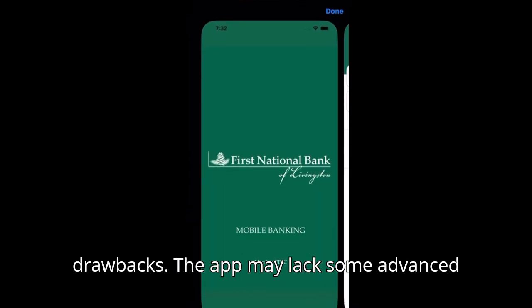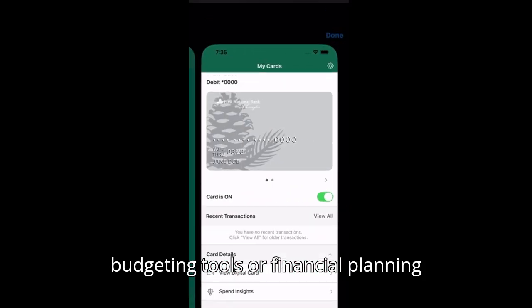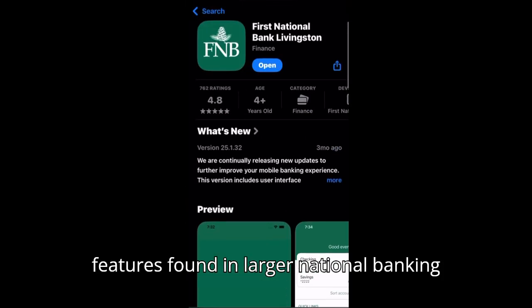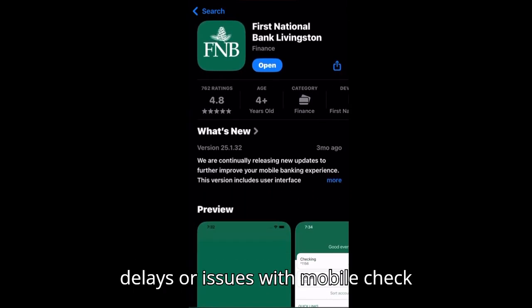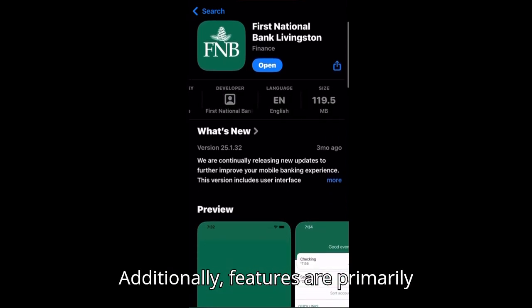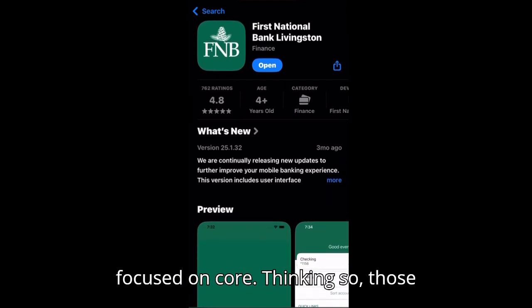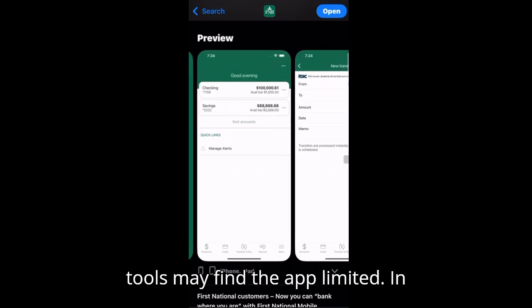However, there are some drawbacks. The app may lack some advanced budgeting tools or financial planning features found in larger national banking apps. A few users report occasional login delays or issues with mobile check deposits in low-light environments. Additionally, features are primarily focused on core banking, so those seeking advanced analytics or investment tools may find the app